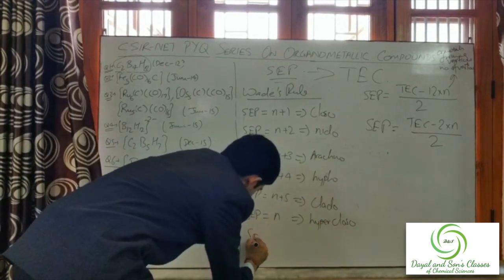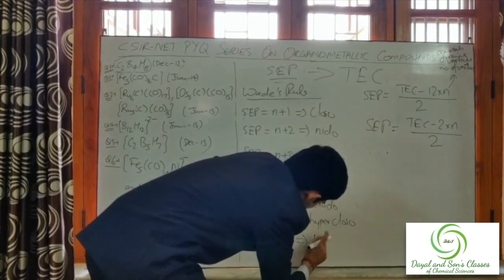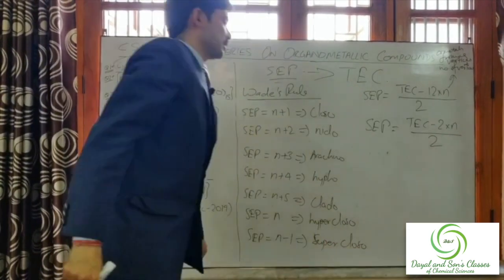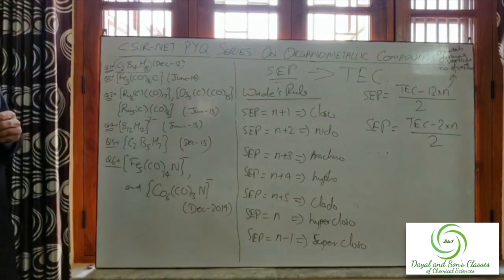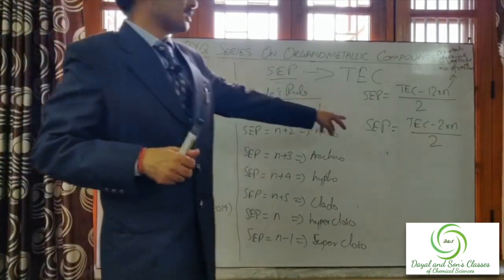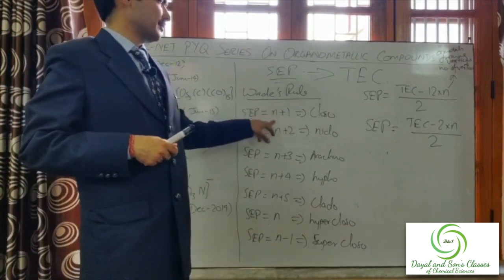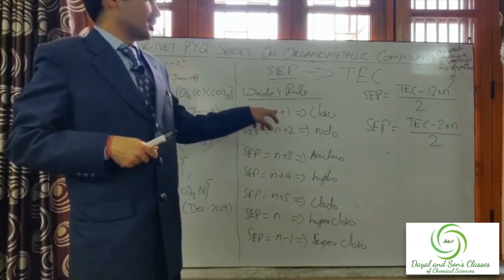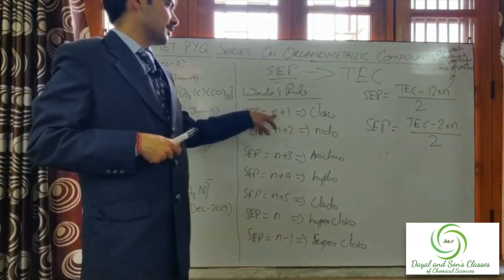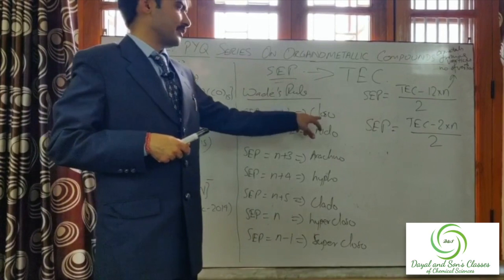And if SEP is equal to N minus 1, this means Supercloso, or Superhypercloso. Alright. So once we know the skeleton electron pair, then by comparing with this rule, if it comes out to be N plus 1, that is number of vertices plus 1. Here N is again the number of vertices. If we get the number of skeleton electron pairs equal to the number of vertices plus 1,